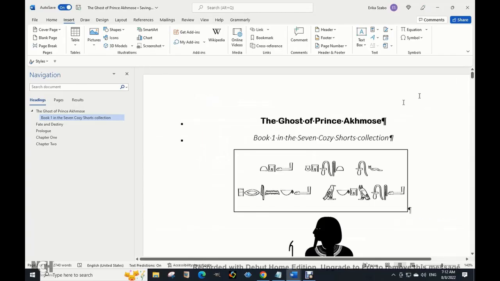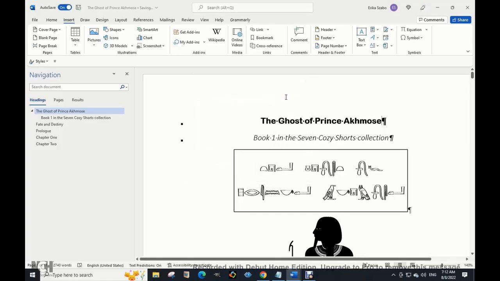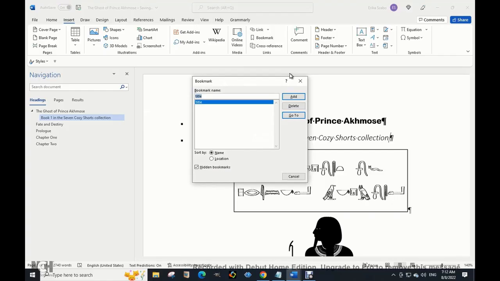Let's go back. You can always click behind a sentence and then click bookmark. It's going to be title. You always have to add only one word. This one, bookmark, subtitle,